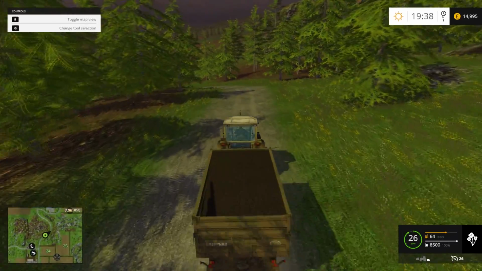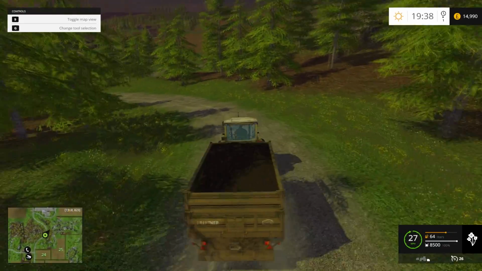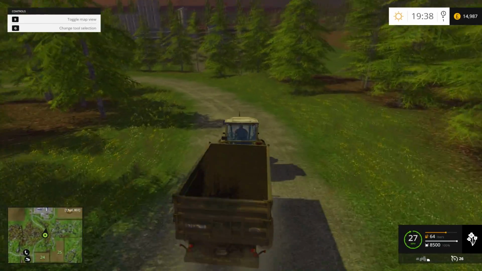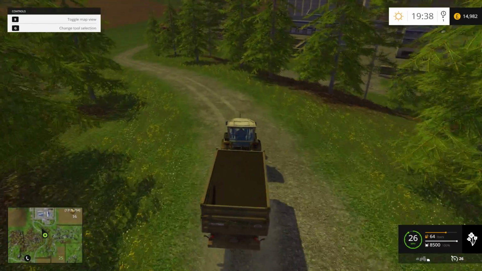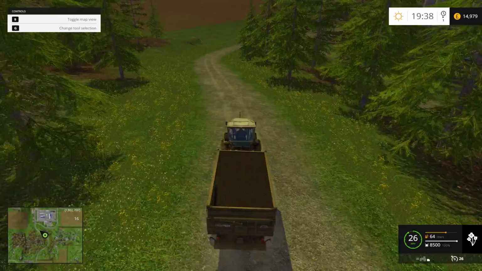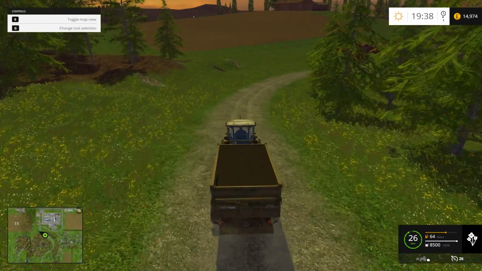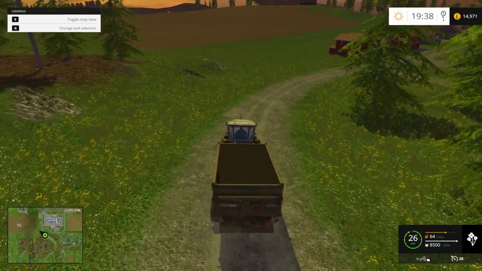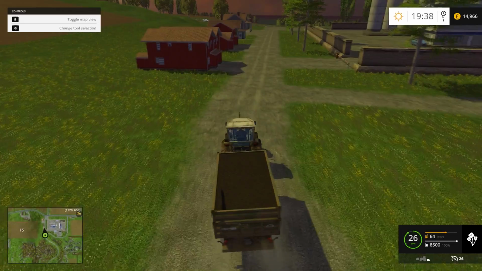So we do need to start thinking about the best ways of which we're going to get money coming in in the future to afford all these great machines which Giants have given us. So, logging. People have told me that logging is a great way to get large amounts of money,